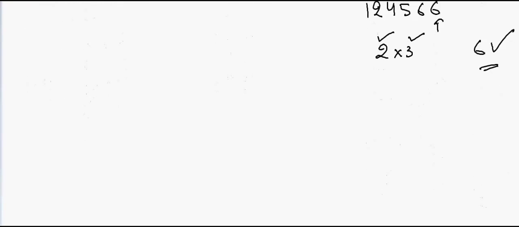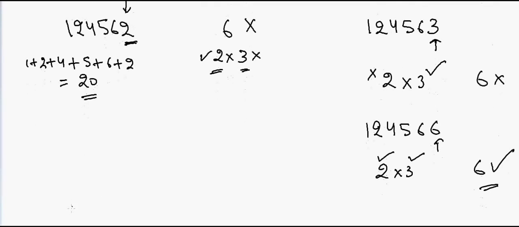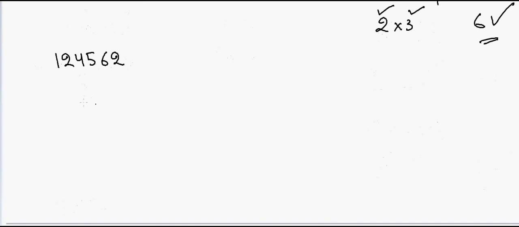Now let's go for 8. So now we have 1 2 4 5 6 2, and we want to find out whether this number is divisible by 8. So in that case, we'll take the last three digits and see if 562 is divisible by 8. So if we divide it by 8, then this will give me